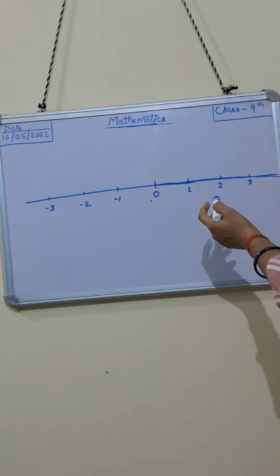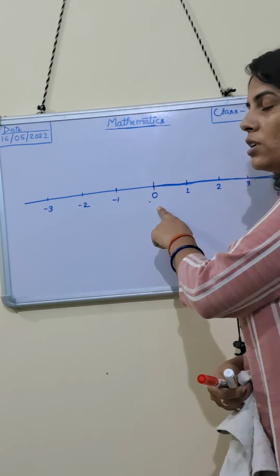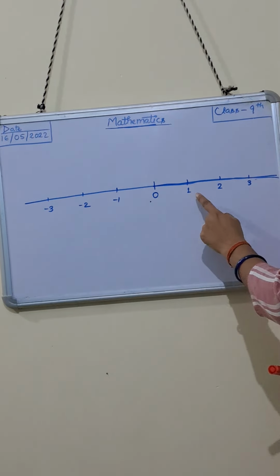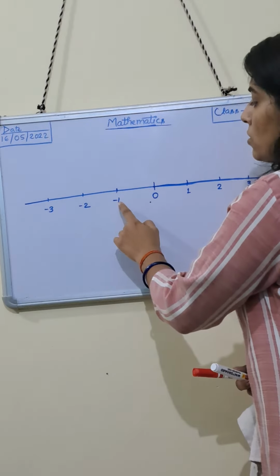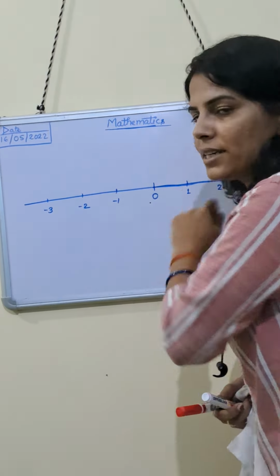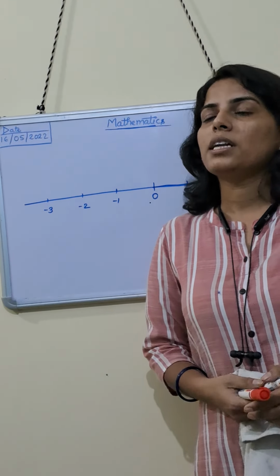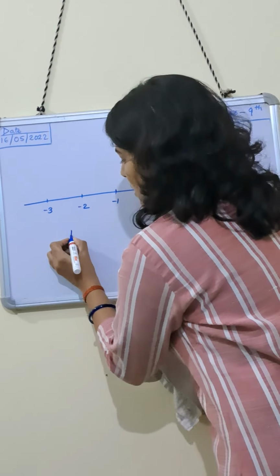So this is our number line. You know already, this is 0 which is the center of the number line. To the right side of the number line, we draw all positive numbers like 1, 2, 3. And to the left of the 0, we represent negative numbers, that is -1, -2 and -3. Okay? Now, before going to represent irrational numbers on the number line, first we will see this triangle.